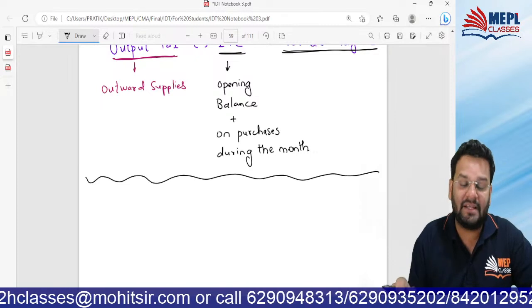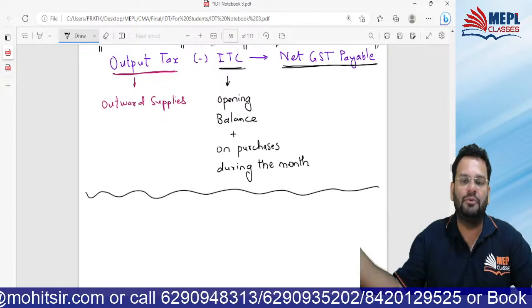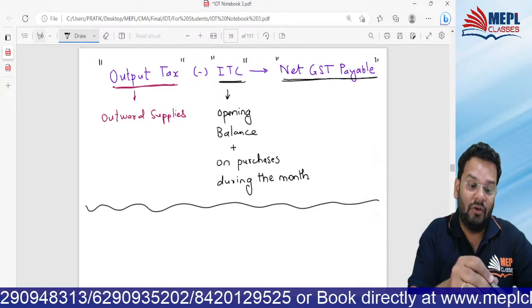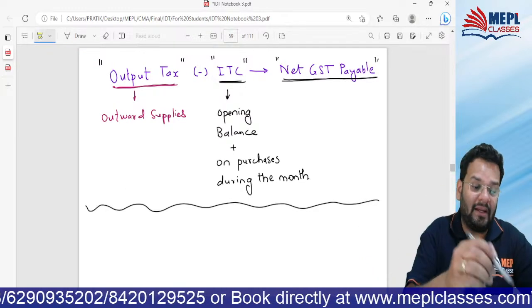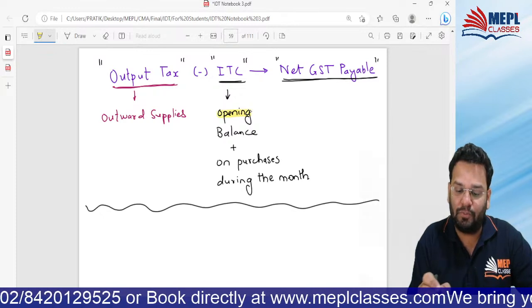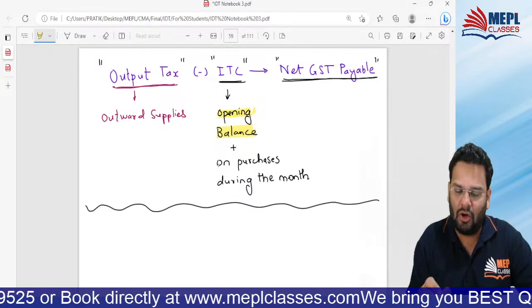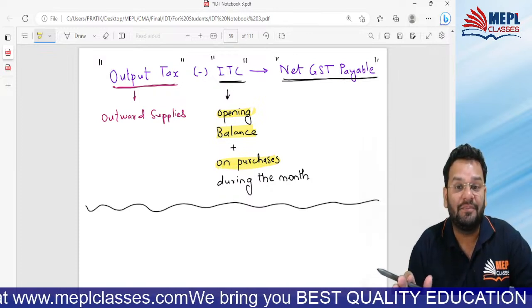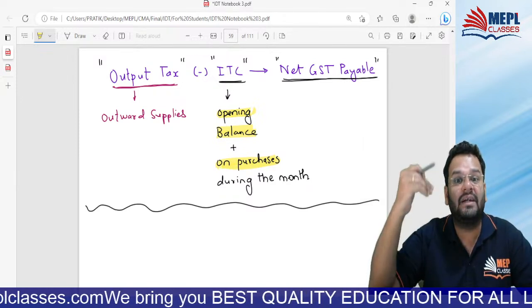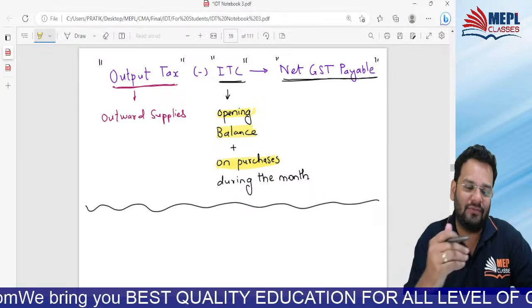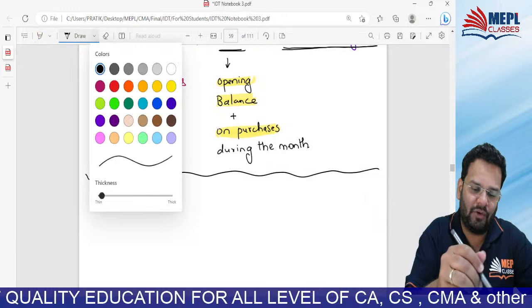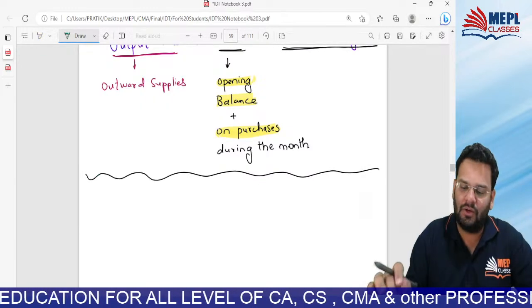I could have directly done computation of net GST payable, but we will have to get the total ITC, and total ITC is opening balance plus on purchases. So we will first show the statement wherein we can derive what is the ITC for the month. So first statement or first working,